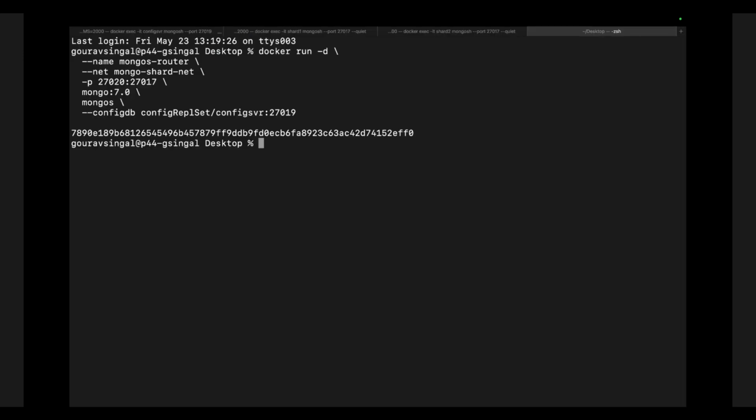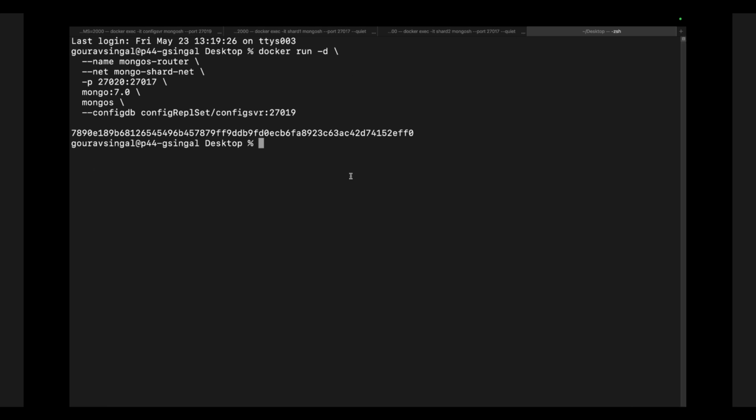If you see in the Mongo router command, you will see no replica set over here. It's because the Mongo router is stateless. The router keeps zero data on disk, so no replica set or storage flags. If you restart the Mongo router, it requeries the config server and repopulates its RAM cache.